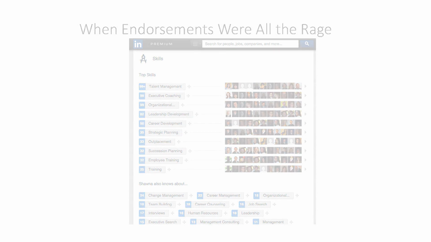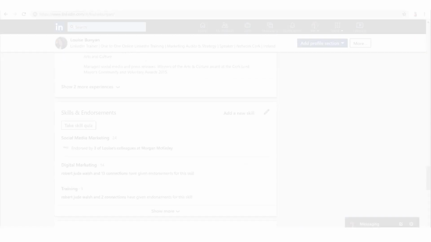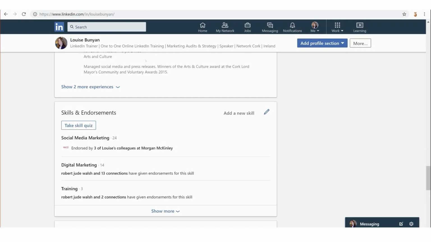Now endorsements still live on LinkedIn profiles, but they've been moved and combined with skills in the skills and endorsements section. You can see here that they still exist, but they don't take up as much space as they used to.